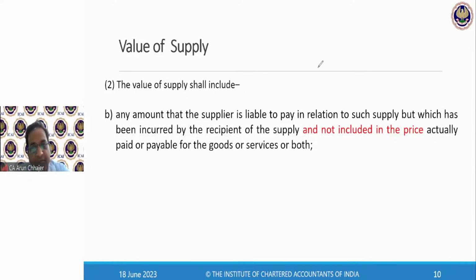If the factory was made by PQR Limited by Mr. A, for PQR Limited by Mr. A, and XYZ is a cement... No, I am saying PQR is a cement manufacturing company. Actually, PQR paid the amount of the cement instead of Mr. A, then what would be the case? Same case. So now you are saying, no problem.